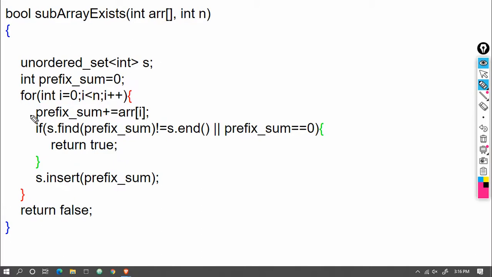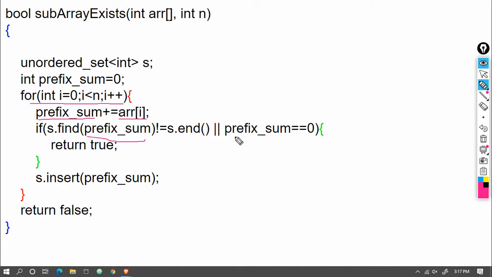So let me briefly explain again what I was trying to say. What we have to do, we have to use a loop here. After that, as soon as we enter the loop, we will add the array element into our prefix sum. After that, we will check the condition that if the prefix sum is already present in the set or the prefix sum is equal to 0.